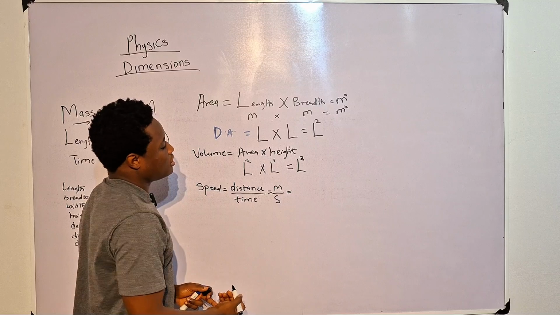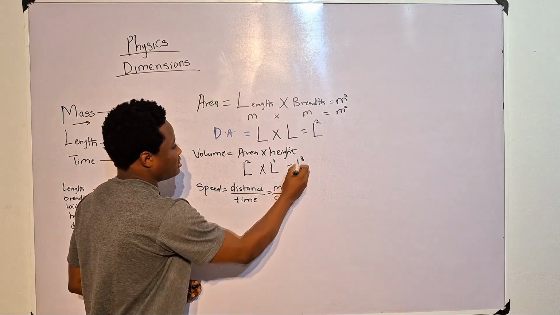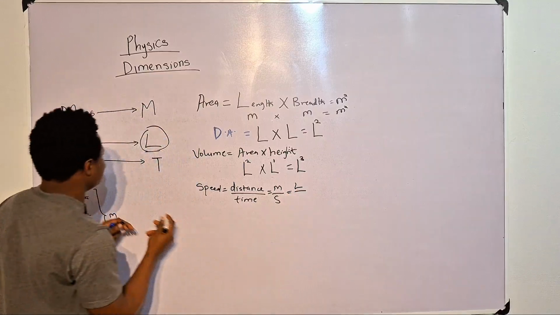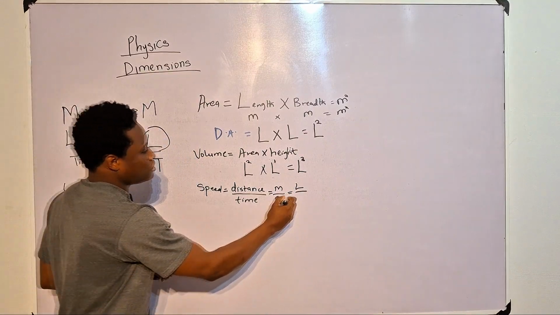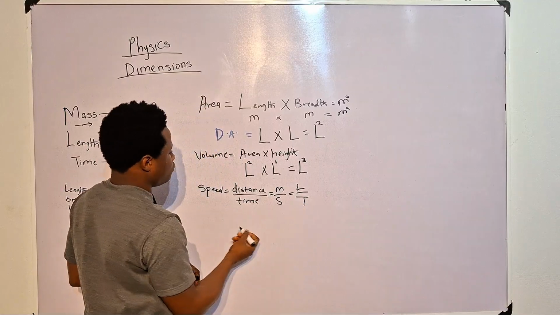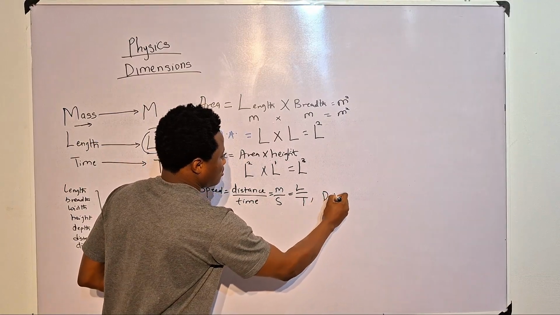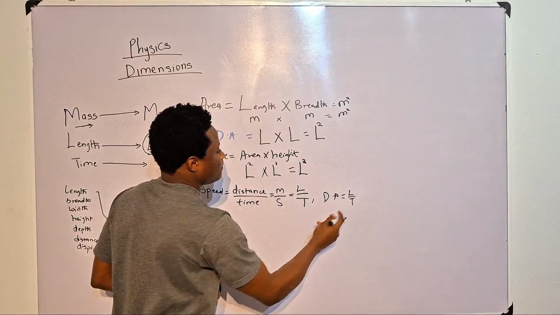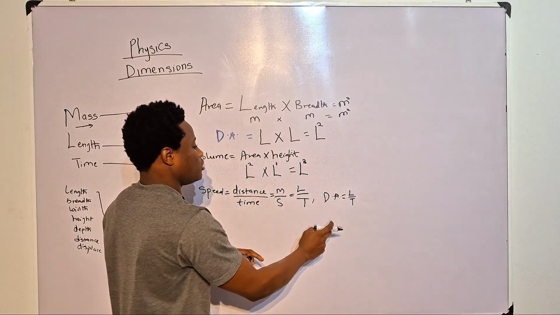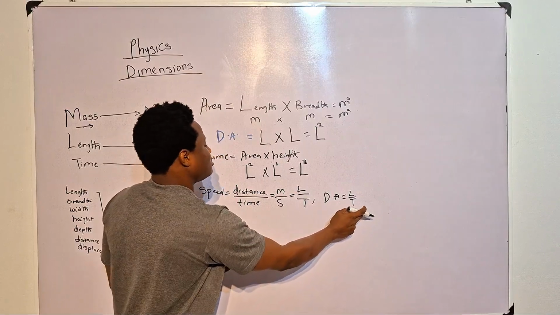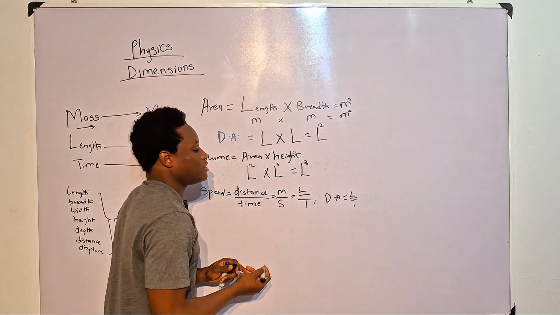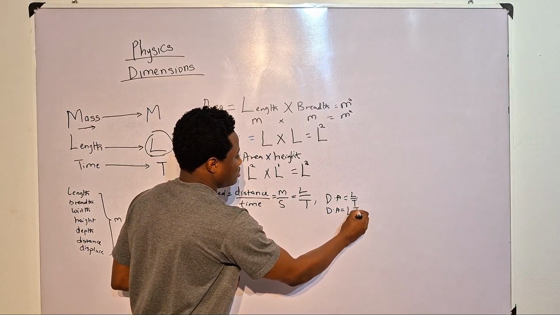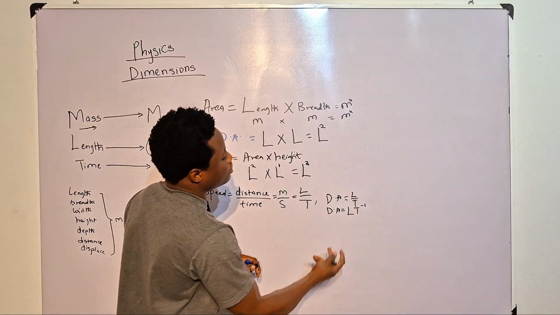And for us to get the dimensional analysis, we say meter is L, which is length. So we use capital letter L here, over seconds is time. Time is capital letter T, so we use T here. Therefore, the dimensional analysis for speed is equal to L over T. And then we are not done yet. We have to take this T up for us to be able to represent it mathematically. So we say dimensional analysis is equal to L T raised to power minus 1, because